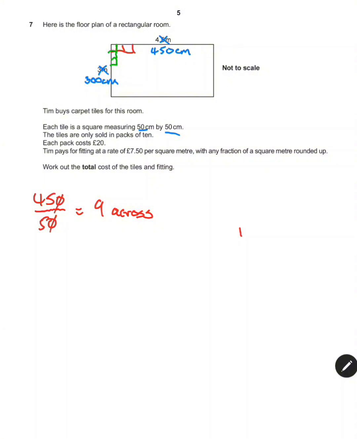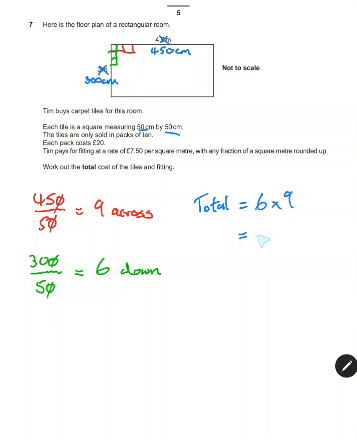So I'm going to do the same calculation, but this time we've got a length of 300. And we're going to divide that by 50 because each tile is 50 centimeters. Again, quick simplification. 30 divided by 5 is 6 down. Work out how many tiles he needs altogether. Well, if he needs 6 down and 9 across, then the total is 6 multiplied by 9, which is 54